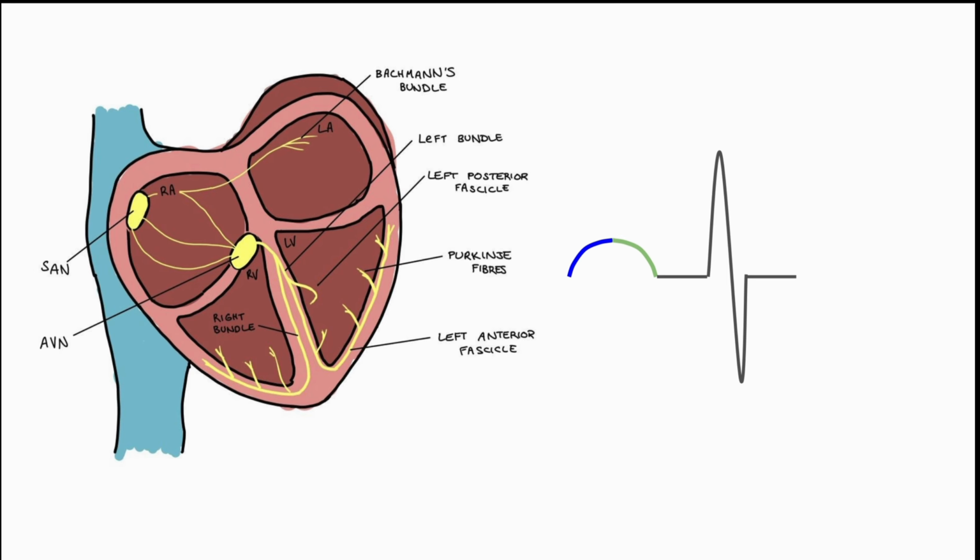Then we make our way down to the AV node, which is in health the only electrical conduction between the atria and the ventricles. Here you get slight pausing of the depolarizing wavefront, giving us the PR interval on the ECG, and then we travel down the left and right bundle branches, the left bundle splitting into the anterior and posterior fascicle. The right ventricle, the right bundle has no such privilege, and this travels down the septum, which itself depolarizes